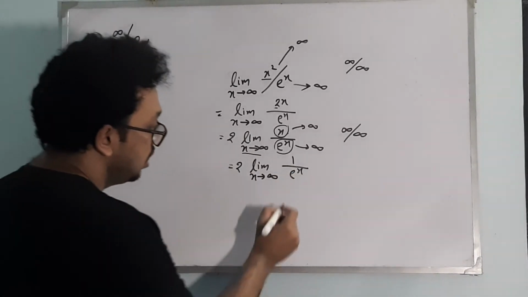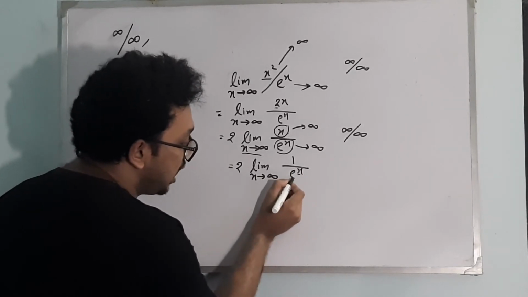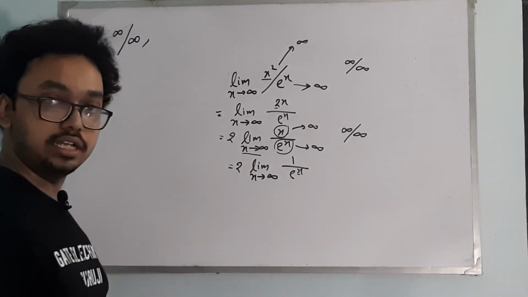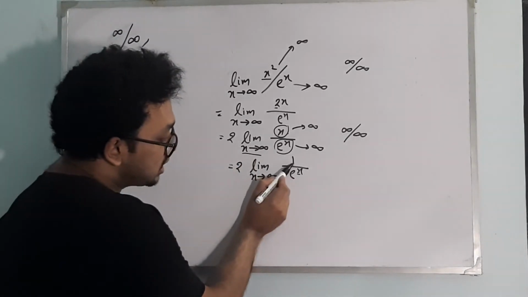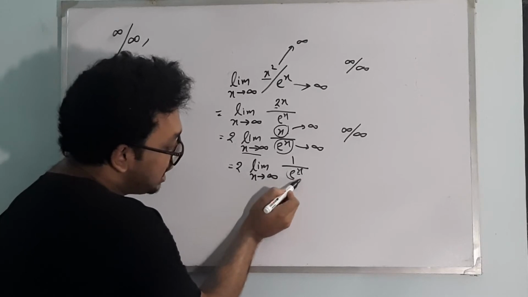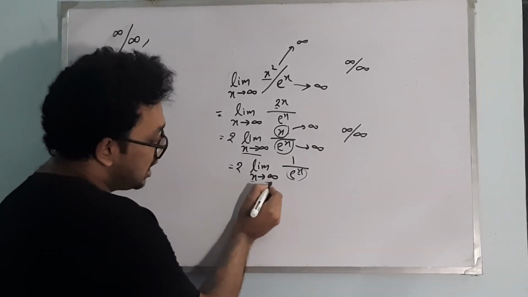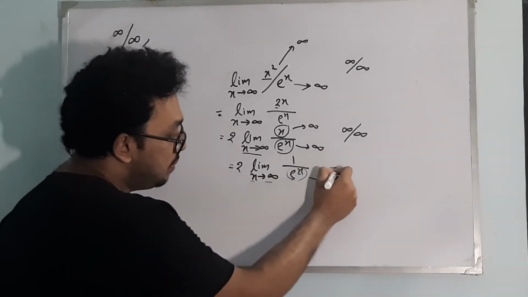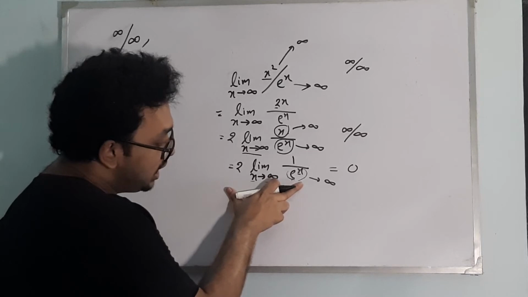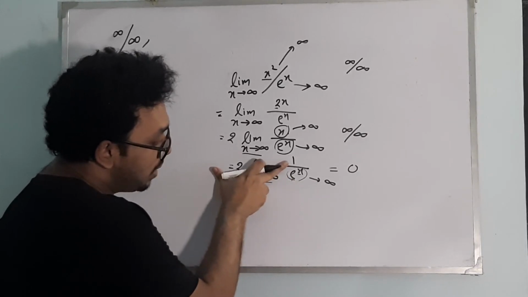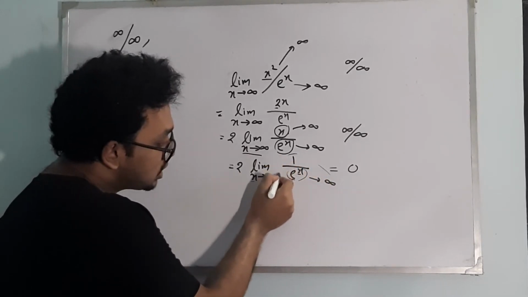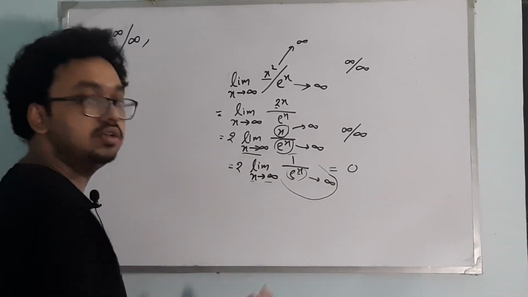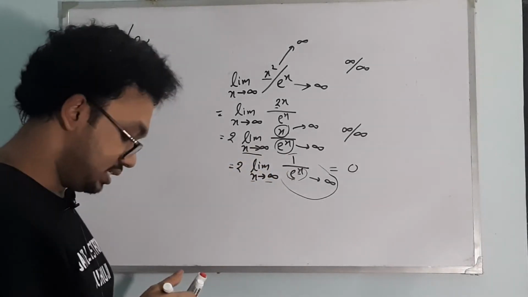Now observe, when x is tending towards infinite, e to the power x will tend towards infinite, and we have a constant at the numerator, 1. So we have a constant at the numerator and the denominator is tending towards infinite, because when x is tending towards infinite, e to the power x is tending towards infinite. So clearly the limit will be 0, because if the denominator is tending towards infinite and the numerator is constant, this fraction 1 by infinite will tend towards 0. And if we multiply 2 with 0, this will be 0. So clearly I hope that the concept is clear.